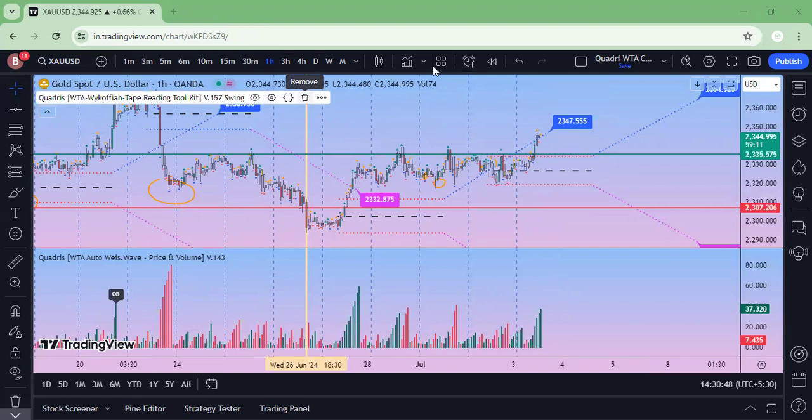Okay, this is the long-term version. Now you would get very few signals in the long-term version. You can see we got a spring over here. Then this black dotted line is the line on which you have to pay closer attention, because as long as price is revolving around this, there is a sideways movement. Once it touches this level, it will bounce back or it will go down, vice versa.